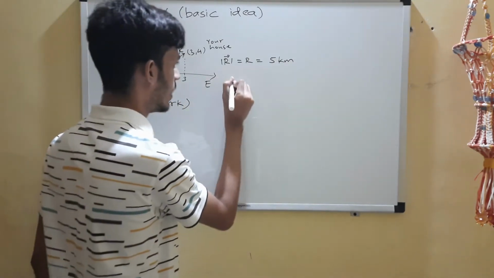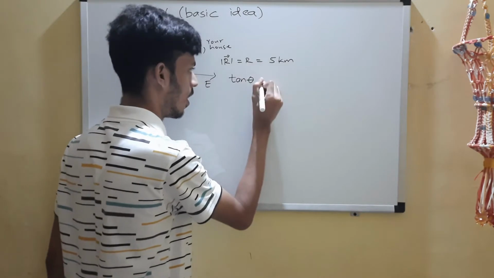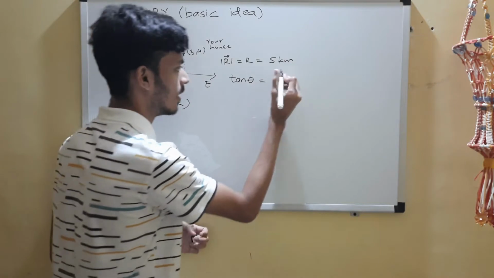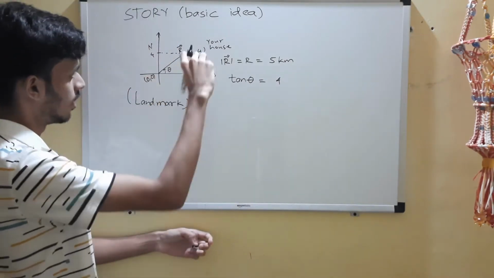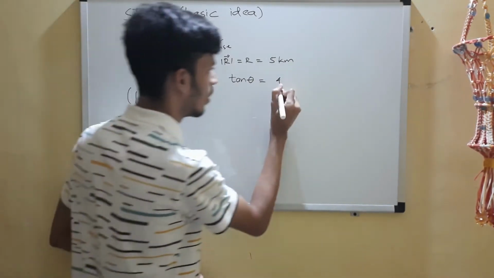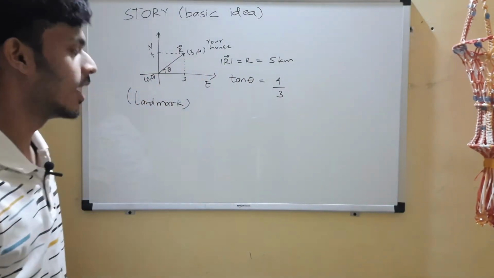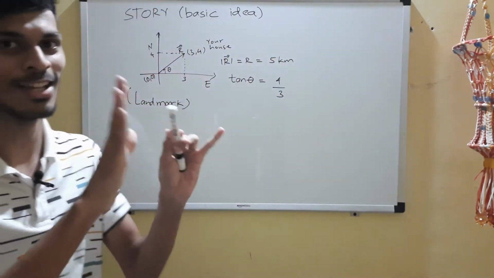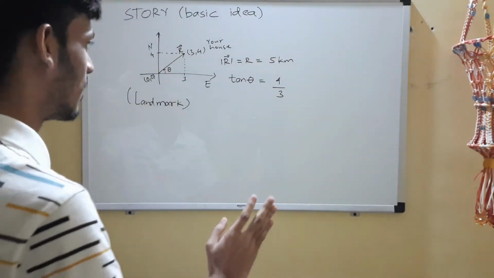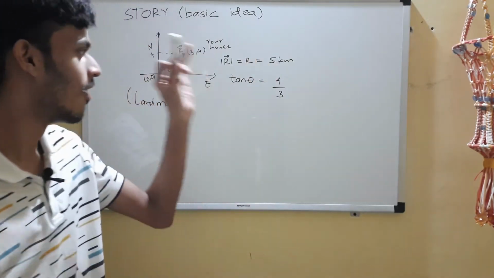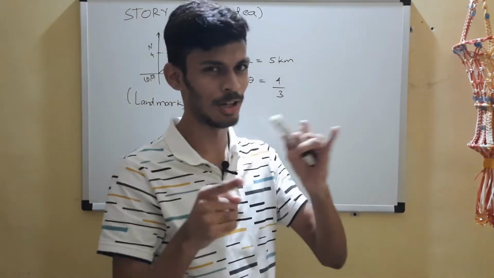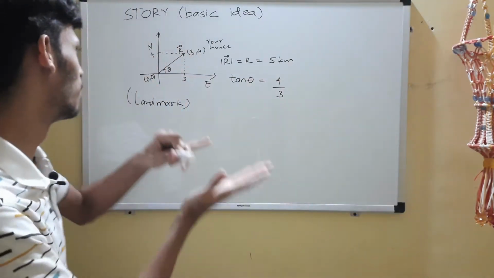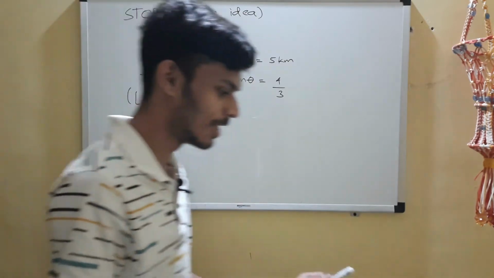So let's find tan theta of that angle. This is the way you will guide him. Tan theta of this angle will be 4 by 3, opposite upon adjacent. But if your friend is not from a maths background and you tell him things like this, he will return from that place itself. You say, walk 5 kilometers, maintain an angle such that tan theta of that angle is 4 by 3, north of east. Now he will lose his mind and go back home.